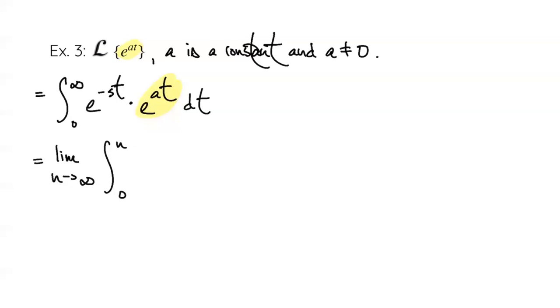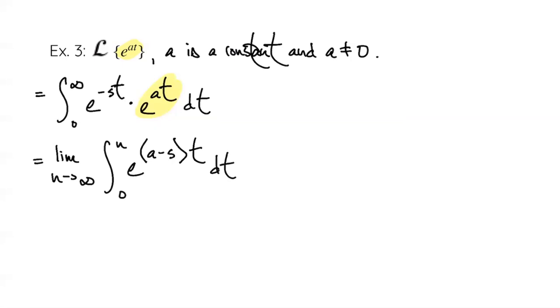Yeah, we could add the exponents. We have the same base, e, in both of them. So I could really say negative st plus at. Both of them have a t in them, and so really I have a minus s times t